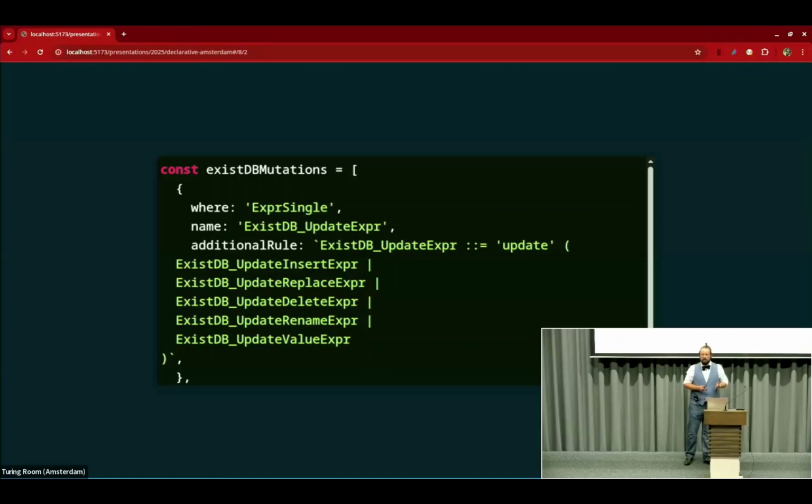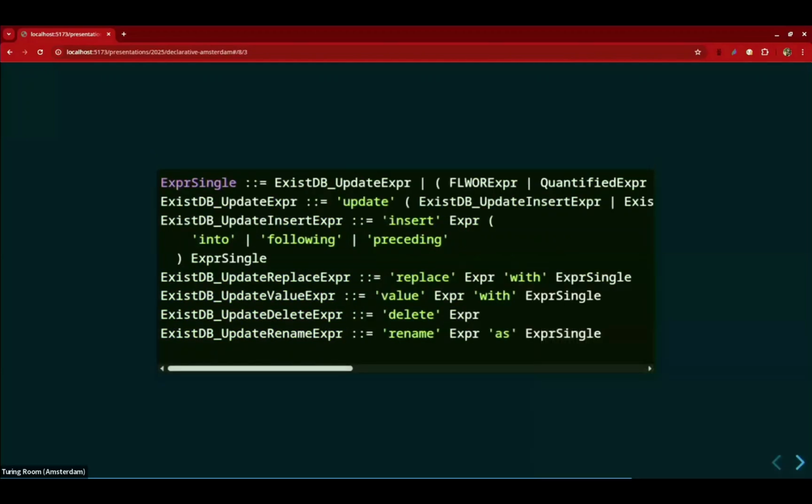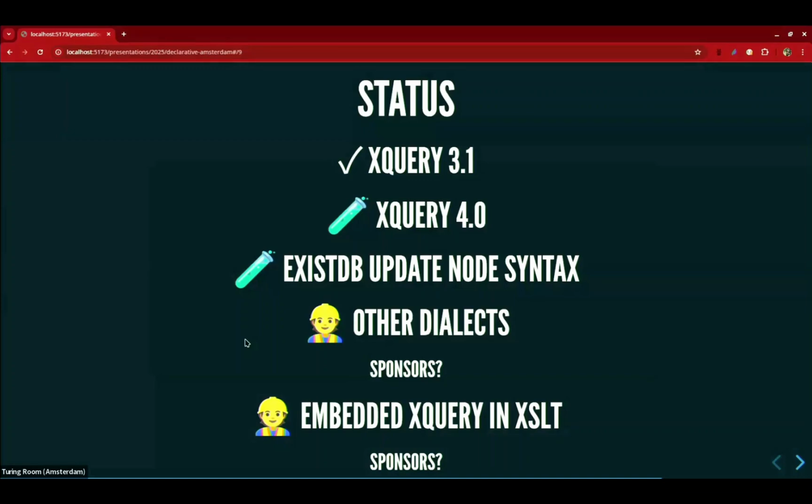The reason why I'm doing it like this is because the XQuery 4 standard is still kind of in flux. I would really like to not do the same work of amending a grammar over and over again. I just want to define my transformations one time. So, if exist, syntax, basics, XQuery update facility, etc., and just do it like that. That results in these situations where I have the old content, here the FLWOR expression, quantified expression, etc., and I'm adding these new rules. You just amend things.